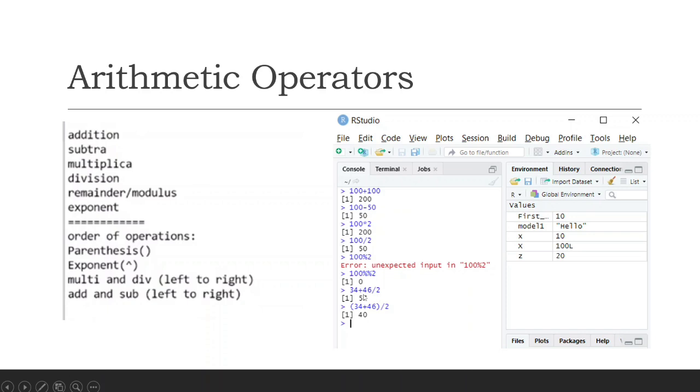You can see in the right side snapshot that 34 plus 46 divided by 2 gives different results. When we put parentheses, it first adds and then divides. And here it first divides, because there is no parentheses, the expression says do the division first. So from left to right, it will perform 46 divided by 2 first and then add 34 to it. So this is the difference.